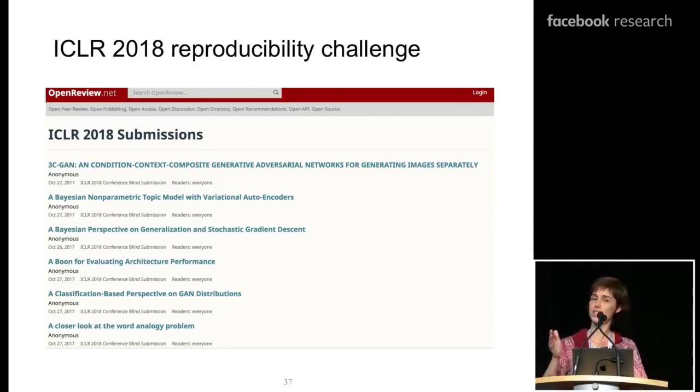Let me switch gears a little bit and talk about one last initiative on which I've been working over the last few months. Some of you have probably heard about this. This is the ICLR 2018 Reproducibility Challenge. So I thought it was wonderful that I had the opportunity to share with you some of that experience. The challenge is something that we launched within a graduate course I was teaching at McGill.